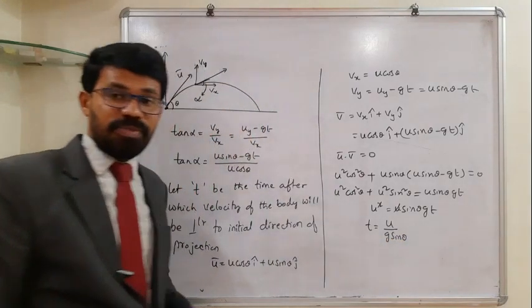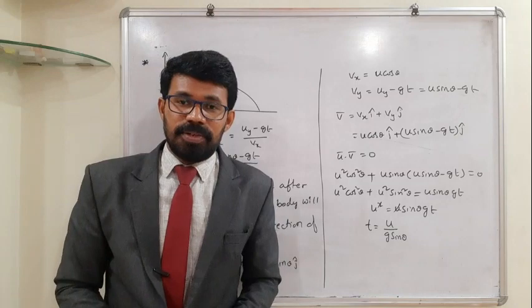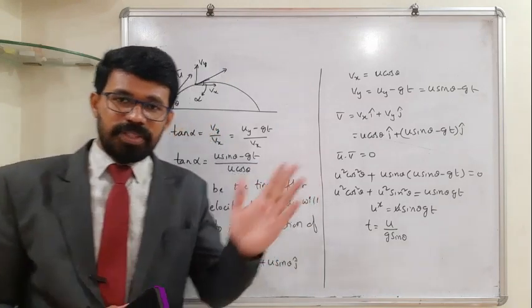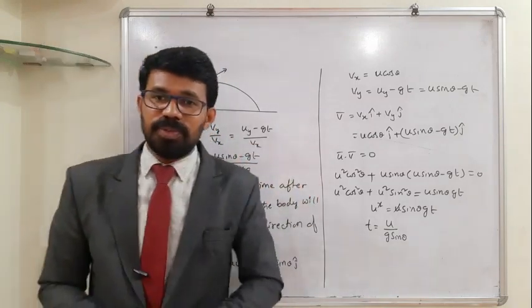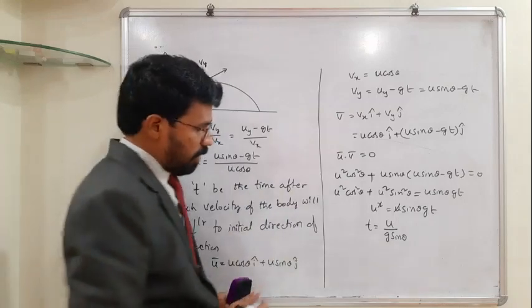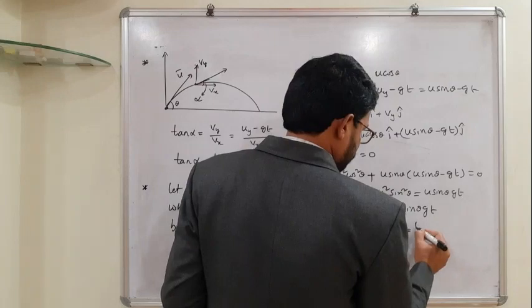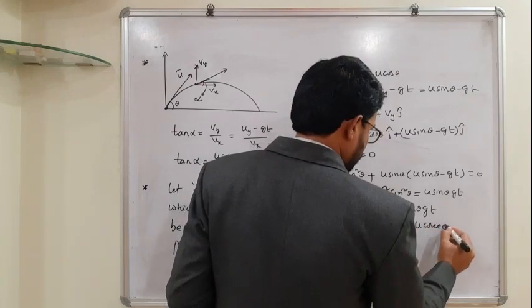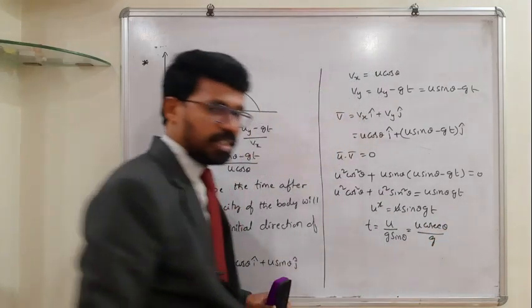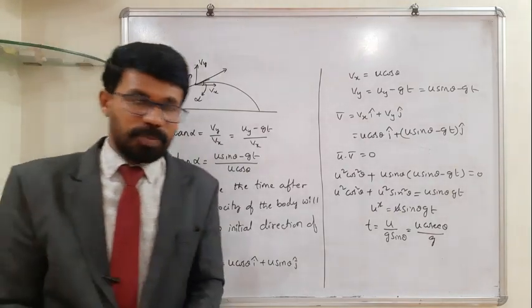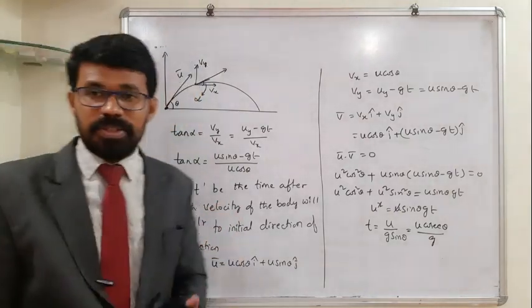So this is the expression for the time after which both the velocities, the initial velocity and the velocity after a time t, will be mutually perpendicular to each other. And you can also write this as 1 by sin theta, which is what? Cosecant theta, right? So u cosecant theta by g. So like this also you can express. Okay, so let us approach the same trajectory in some other view.